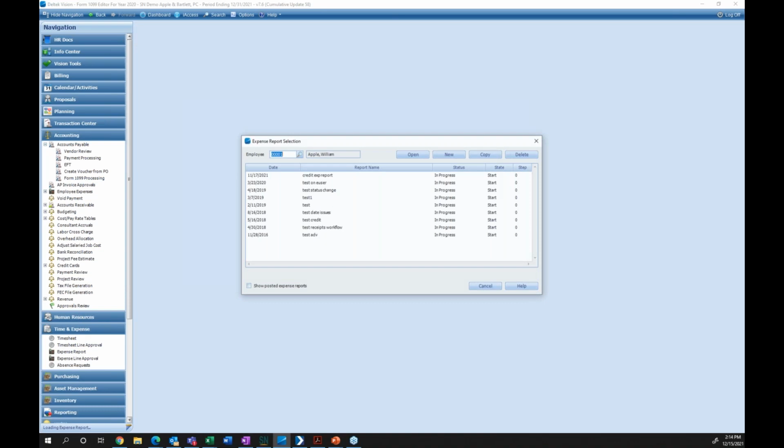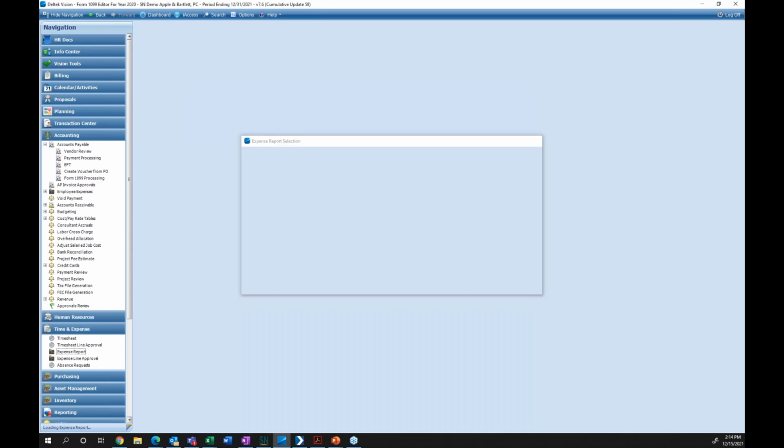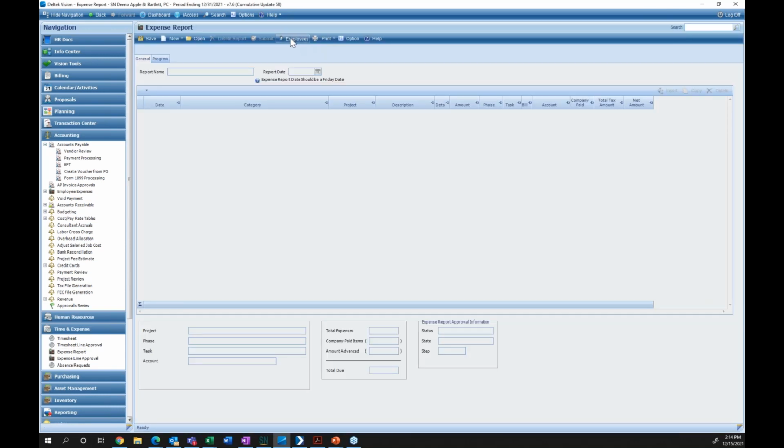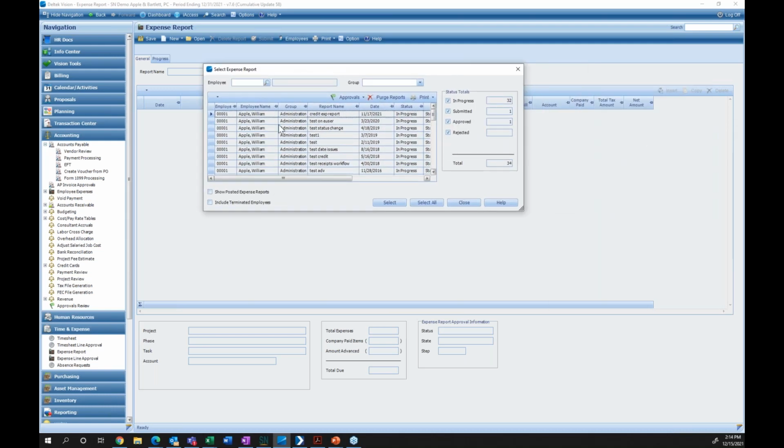If you went to expense report, I got a whole bunch that are not posted. So when you go under your expense report, click on the employees. This will show you the expense reports that are not posted or submitted or approved, like everything that's out there to be reviewed, approved, and posted.